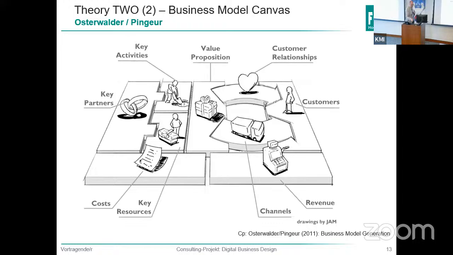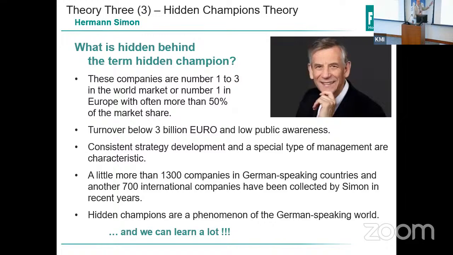And the last one I want to introduce to you, that is a typical German one, because we have Hermann Simon. That is the person, right? He works for the London Business School, and he was a famous professor even in Germany. But now he works as a consultant for maybe 30 years. And he has written a lot of books about the term hidden champion. Hidden champion, it is a name you maybe haven't heard, but it is a typical German word, because